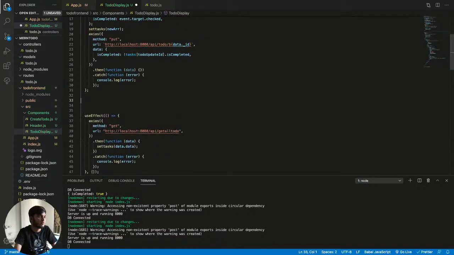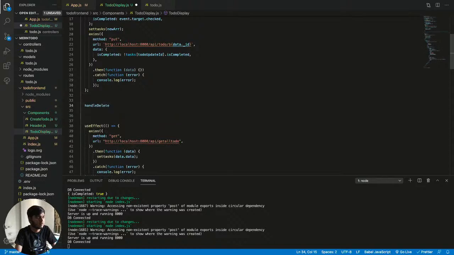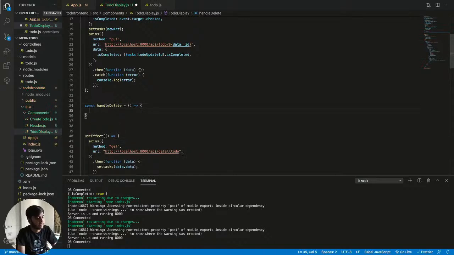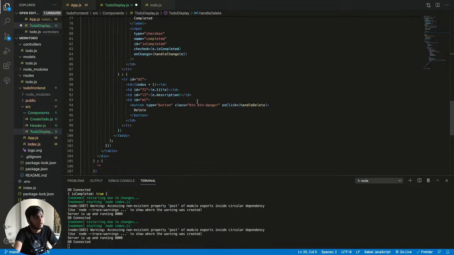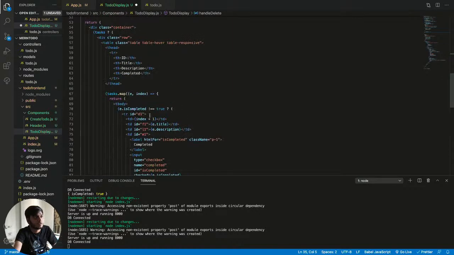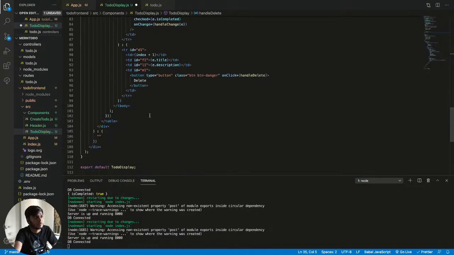Paste it down here, not like that. Yeah, it looks good, and yeah, what we can do here is